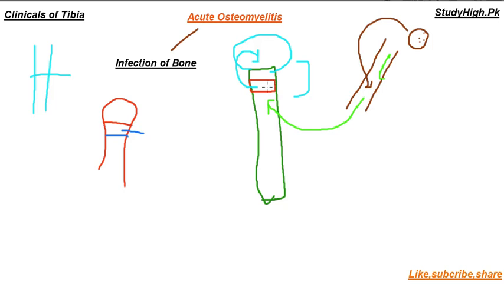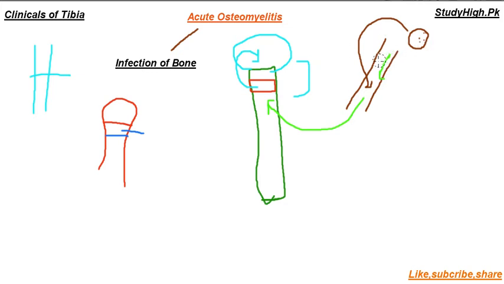So, in the topic of acute osteomyelitis, first of all, I will tell you what osteomyelitis is. It is an infection of the bone, like infection of the liver or infection of the stomach. It is an infection of bone. And how does it occur in children? Because blood is the source or carrier that carries different types of bacteria. Sometimes it can also be caused by fungal strains.